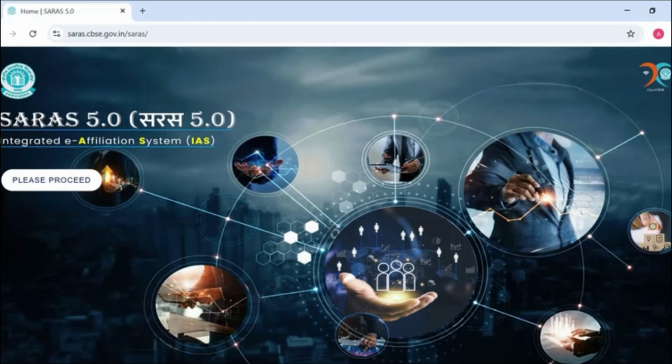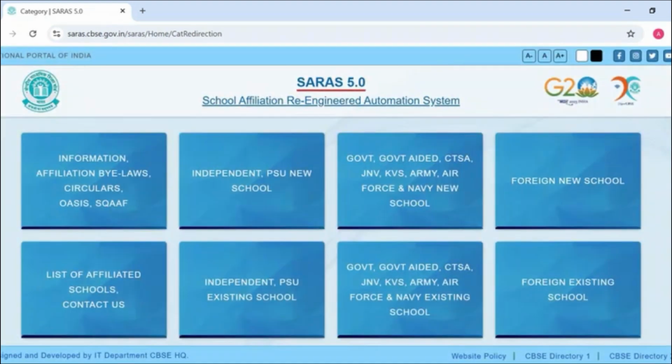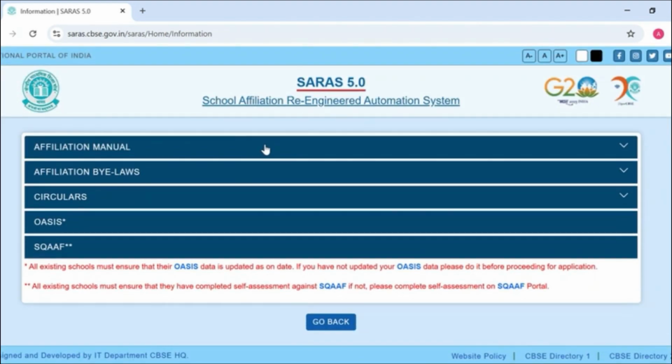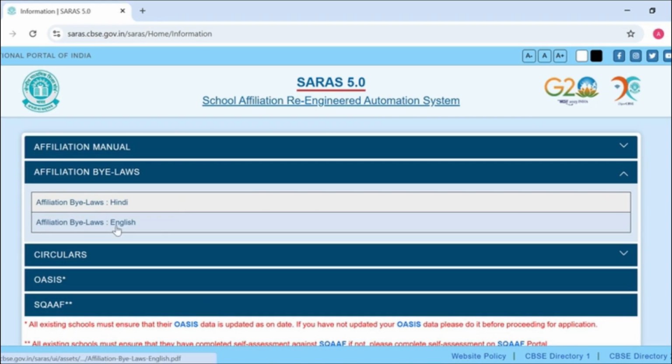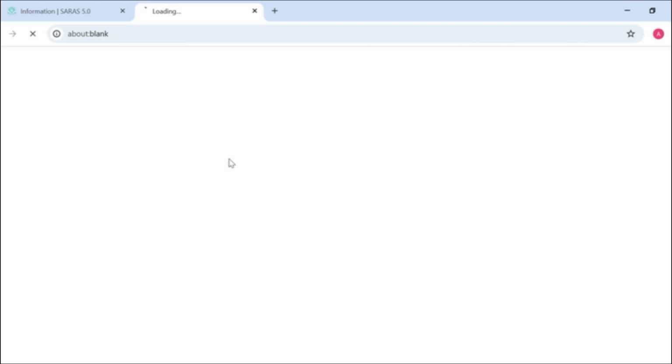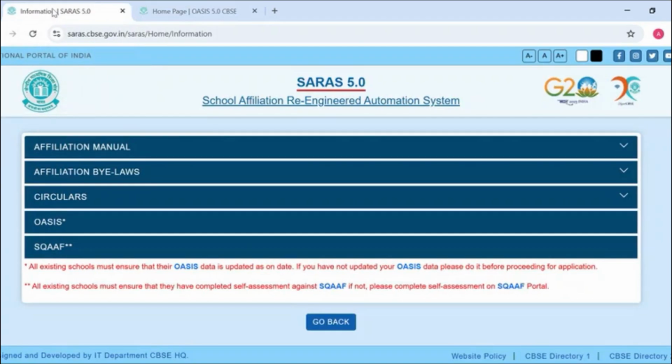Once you have gathered all the required documents, head to the SARAS portal. The link is given in the description. Click the link and click Please Proceed. You will find the affiliation manual, bylaws and related circulars. There is also a link to the OSS portal which you will fill out once your school is granted affiliation.